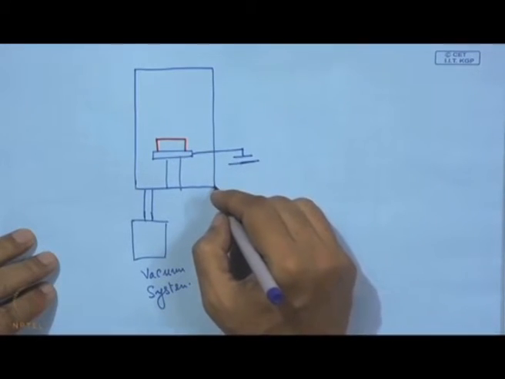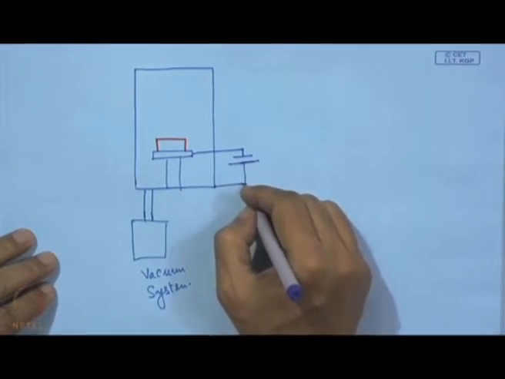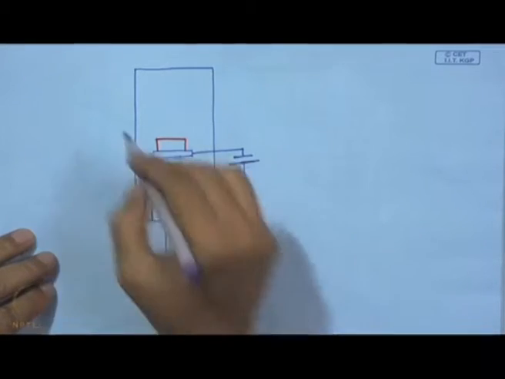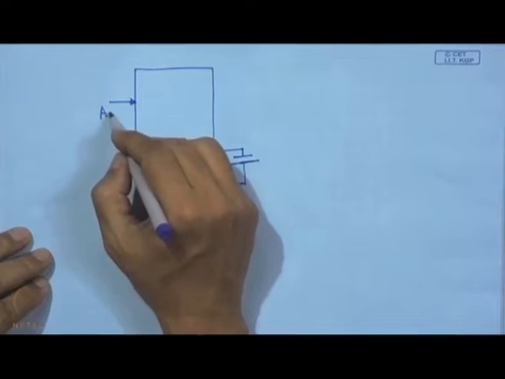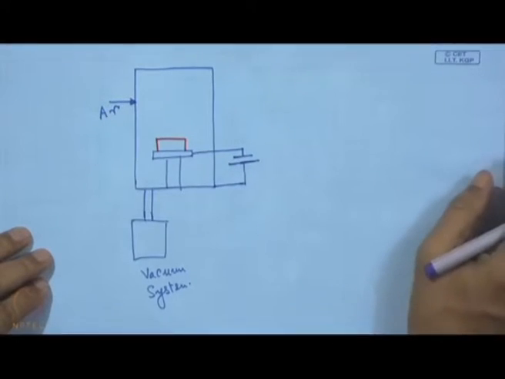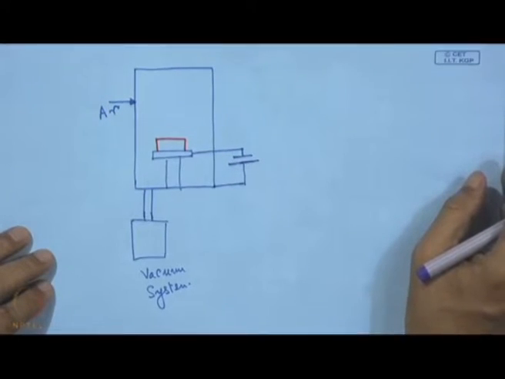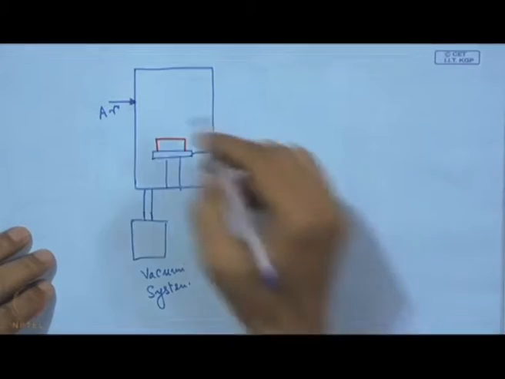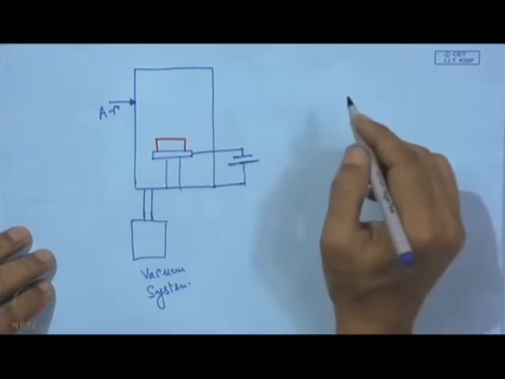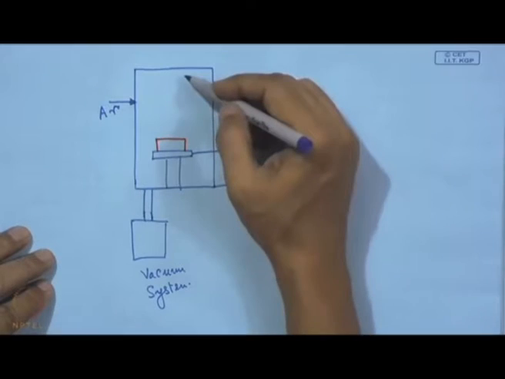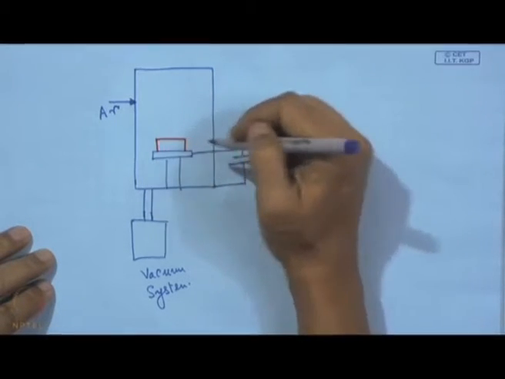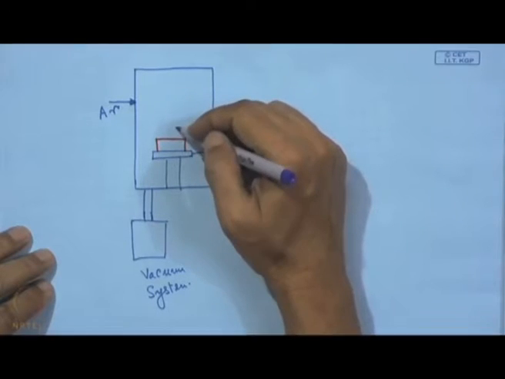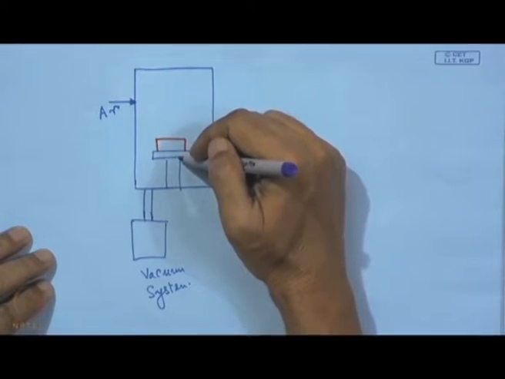So, if we use this body as anode, then we have the entry of argon. What are the parameters which are very important in this case? This argon will be admitted, and between this wall or a separate anode plate and this cathode there will be a gas discharge, and